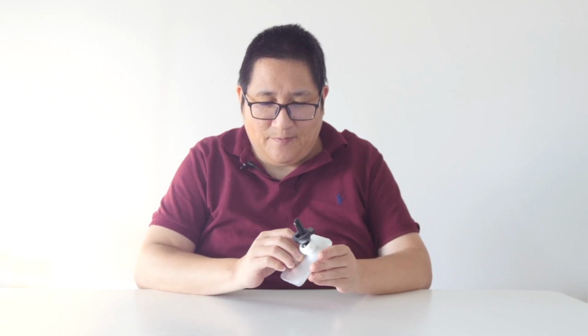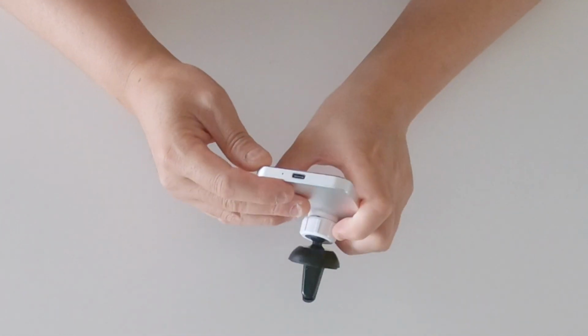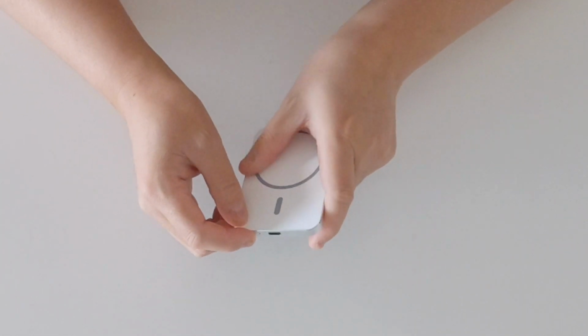So this is the item here. From the feels of it, it's quite strong, quite aluminium-y. It's got a USB-C connector right here, and then an LED indicator right here as well. As soon as you plug in the cable and you plug into the car charger, this should show up